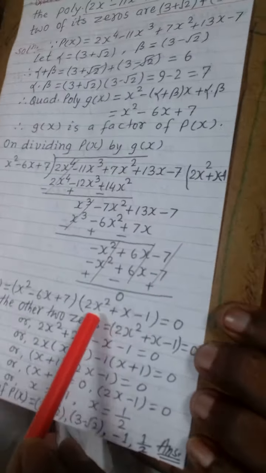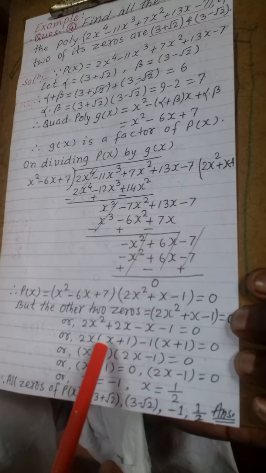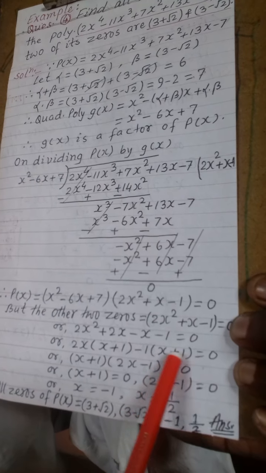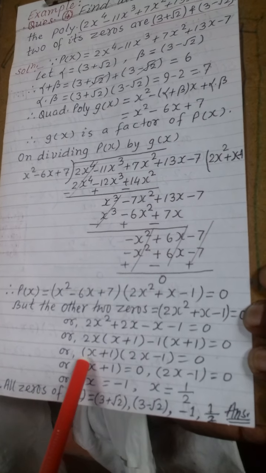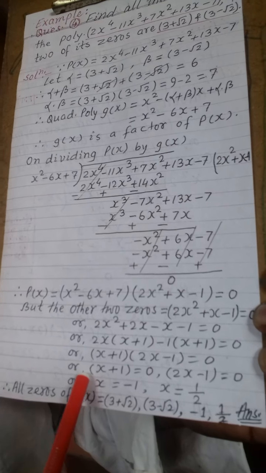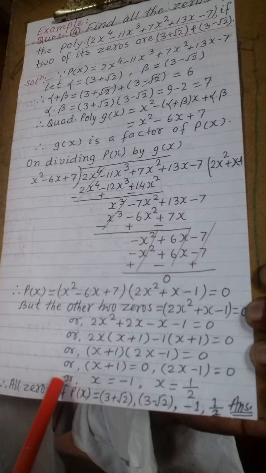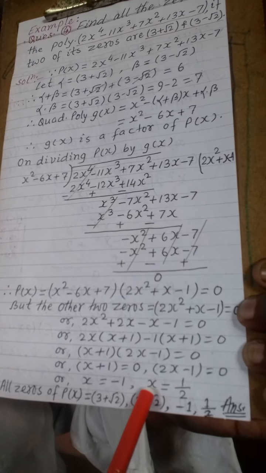This will be 2x^2 plus x minus 1 is equal to 0, and we will solve this by factorization. This will be 2x^2 plus 2x minus x minus 1 is equal to 0, and by factorization this will be 2x into (x plus 1) minus 1 (x plus 1) is equal to 0. This will be (x plus 1) into (2x minus 1) is equal to 0, so x plus 1 is equal to 0 and 2x minus 1 is equal to 0, and by solving we get x is equal to minus 1 and